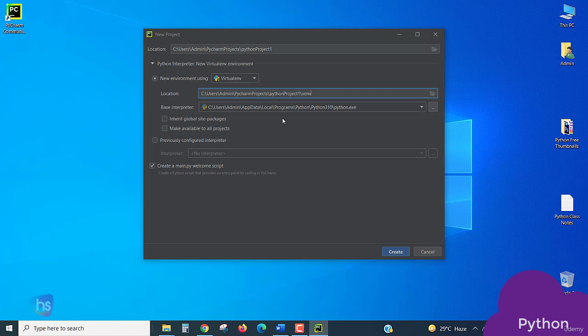See, the installation software was done with the help of users, admin, AppData, Local and Programs. This is the path which is given here. If you are facing any problem, or if you have installed any other Python versions on your computer system, press this button, and if you find any other versions of Python available on your computer, you may change this and check the base interpreters. If you are facing any error while running the Python code, you need to concentrate on this base interpreter path. Alright, and by having all this, you just click here